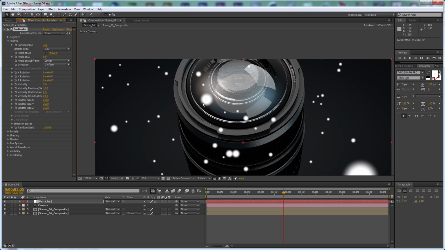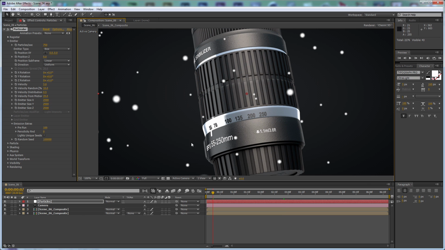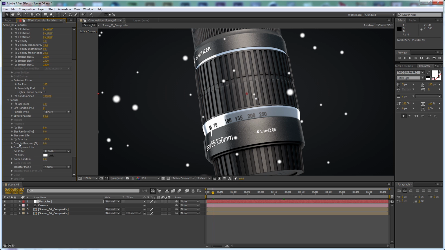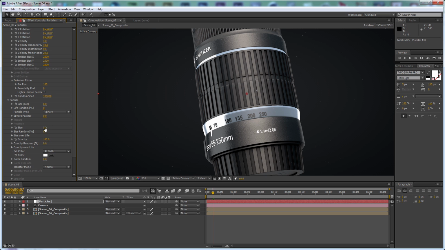Actually set this to 200 and 2500 as well, and for the pre-run we need to set this to 100, so we have particles emitted at the beginning of our sequence. And let's go to the particle, set the life of the particle to 8, set the sphere feather to 0, and let's set the size to 0.3 or maybe 0.5. Let's set the size random to 50,